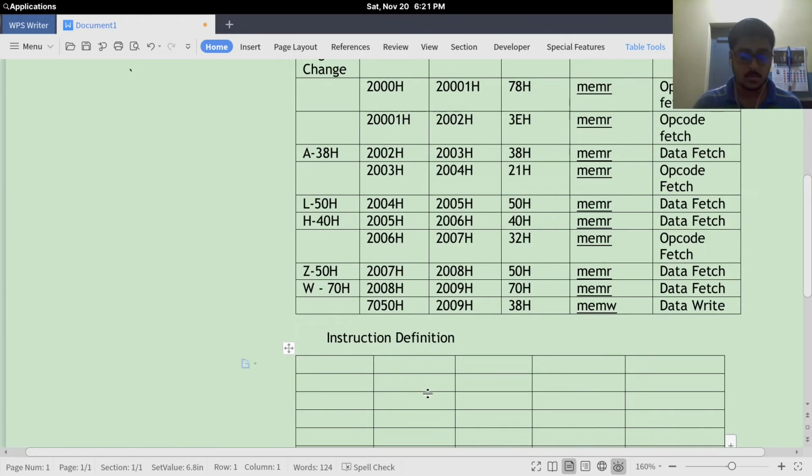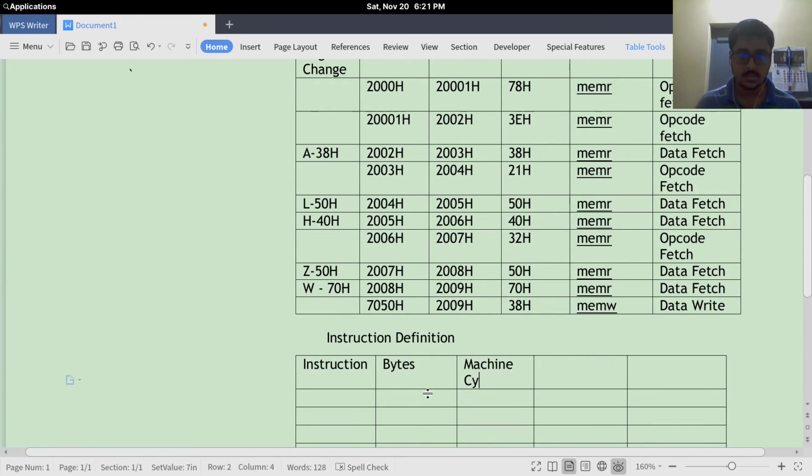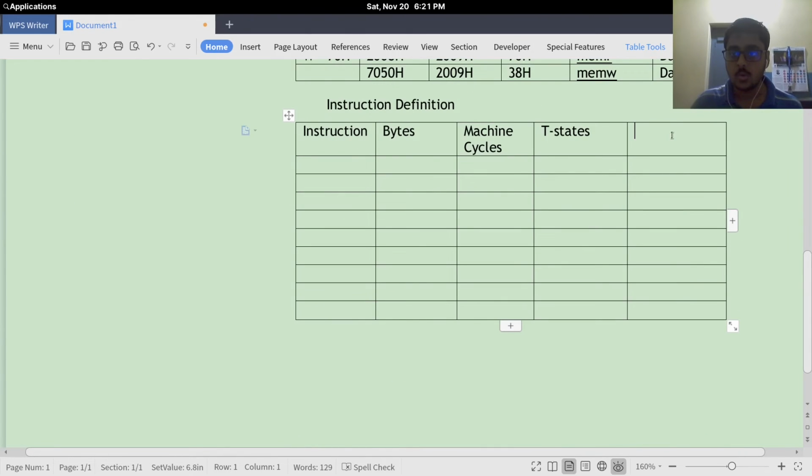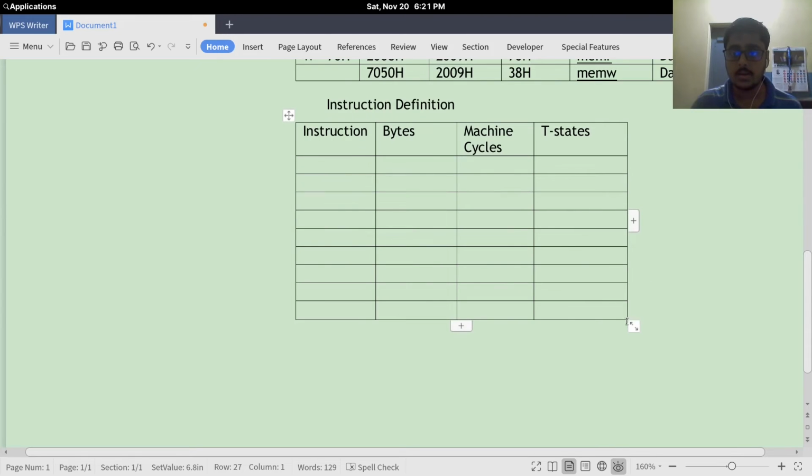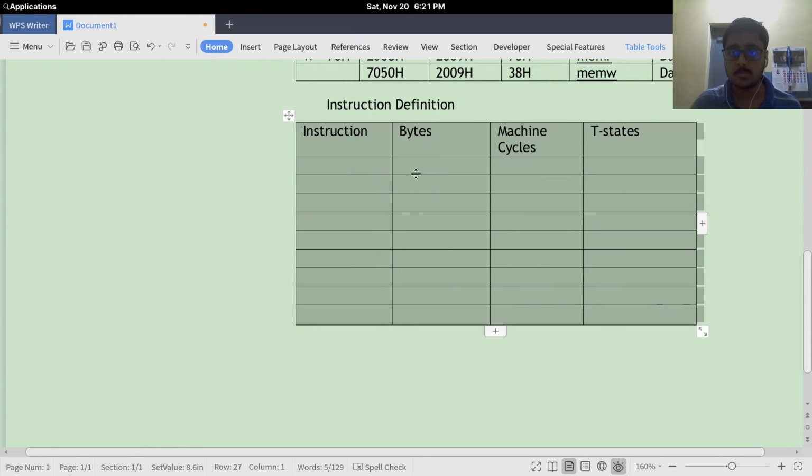The columns are instruction, what byte instruction it is, bytes, then the number of machine cycles, and the number of T states. Okay, I deleted this column, and I am going to expand on this instruction.